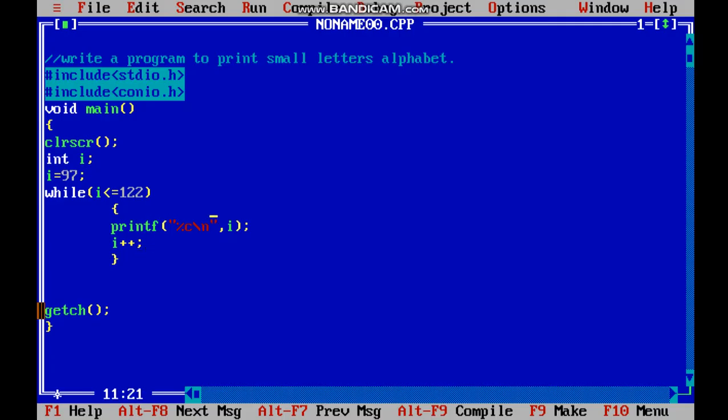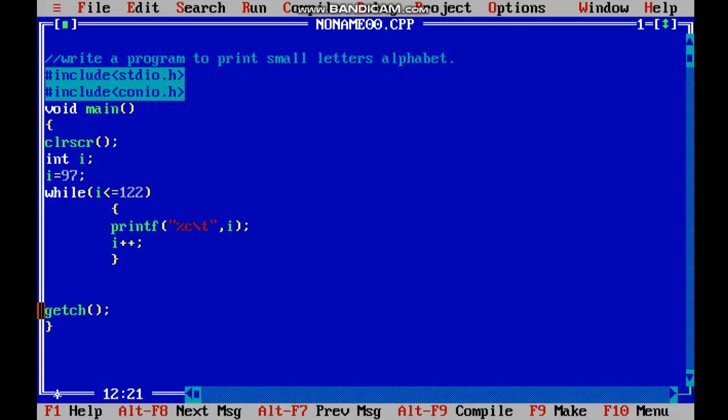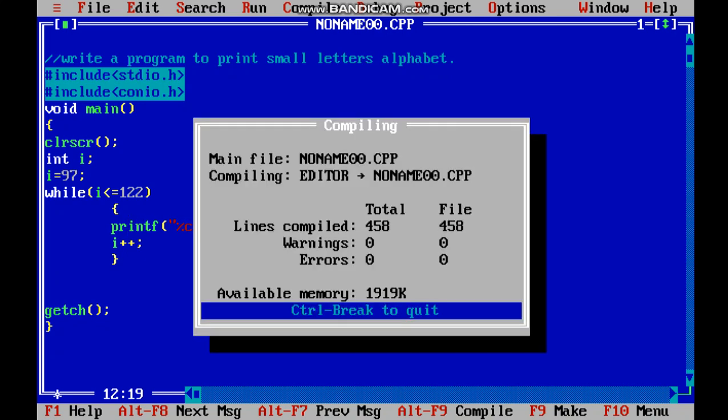So yesterday, in the last video, I used \t, which gives us the result in a very arranged manner, this one. But we can have the result in our own desired way. See, when I put %d without any space or anything, it will give me the output without any space.